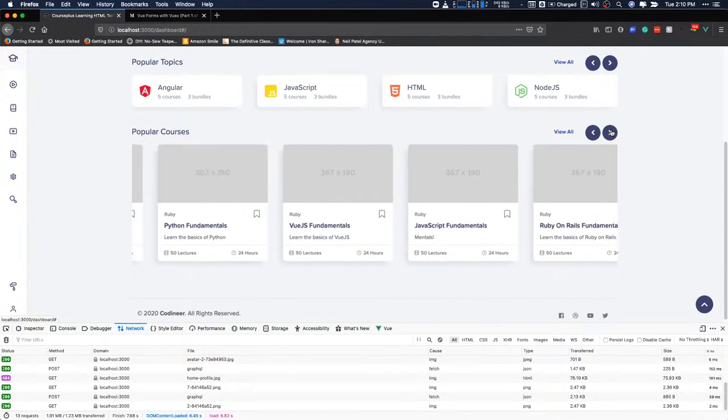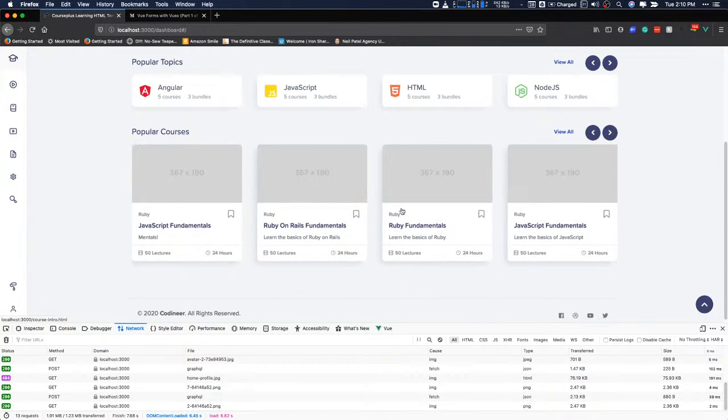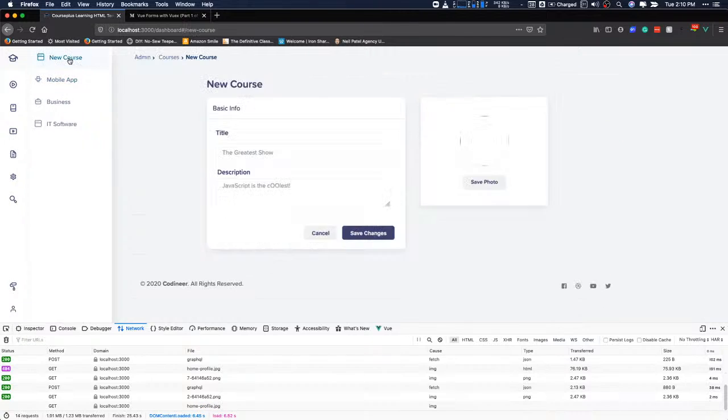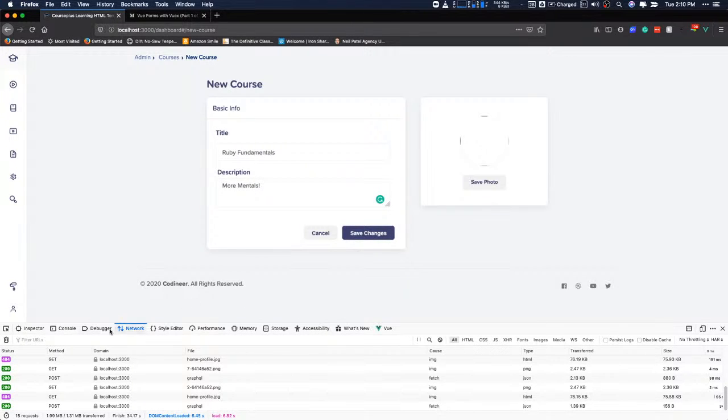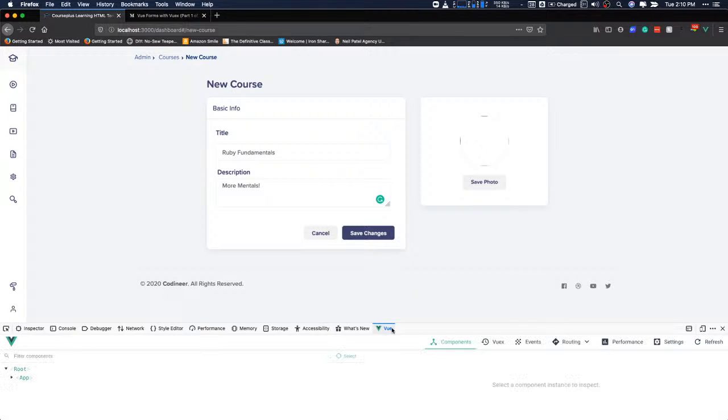I don't know if we already had JavaScript fundamentals in there. But you see it has the right name on it. So if we save those changes, then if we go over here to view,